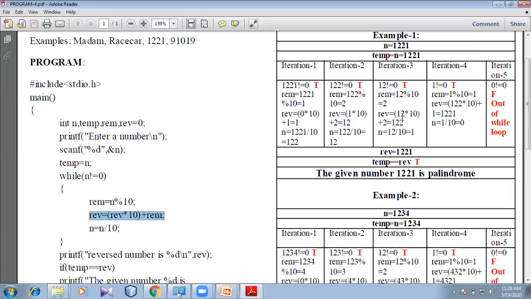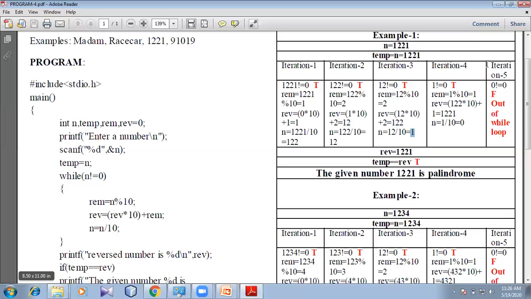The previous value of reverse was 12, as you calculated in iteration 2. So it is 12 into 10 plus 2. 12 into 10 is 120, plus 2 is 122. The new value of n is calculated by n by 10. The n was 12, and 12 divided by 10, you got 1.